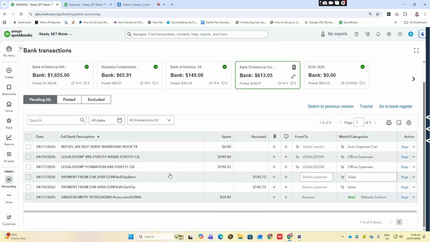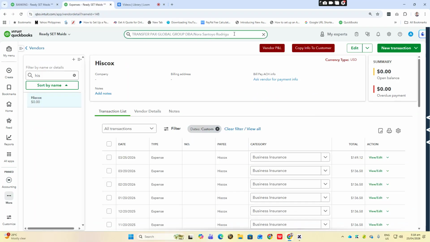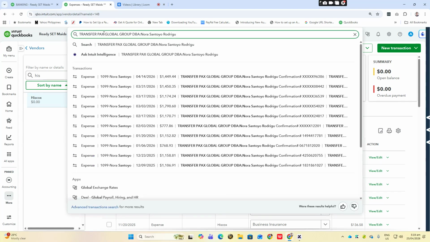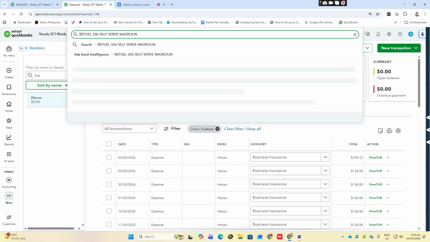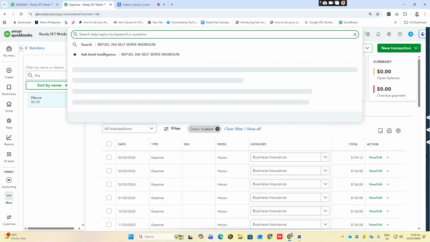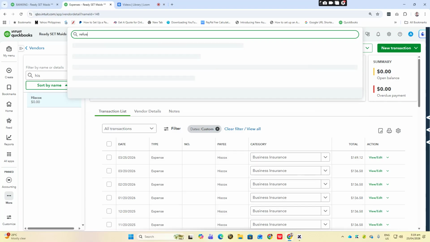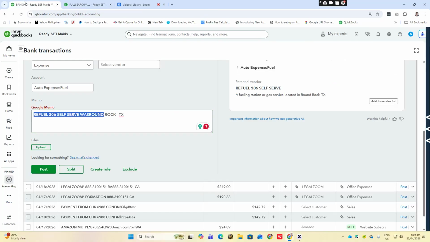See? So here we still have 6 transactions. Let's try this one. I'm going to use the advanced search tab. I think we have no transactions before related to this one.